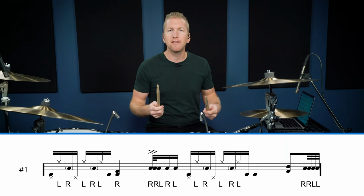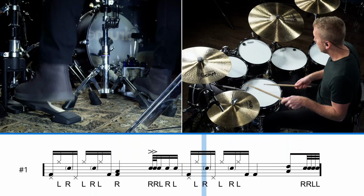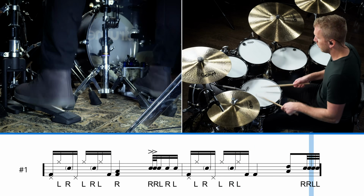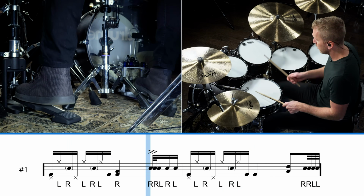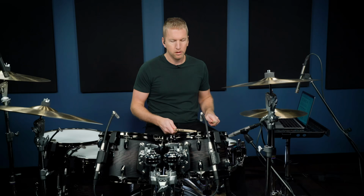He's playing with a nice, soft touch. Right? And so you want to try and get close to that as possible. If you're playing in a cover band and playing at weddings or corporate gigs, you want it to sound as similar to the original recording as possible. So really think about how he's hitting the drums, what toms he's playing, and try and make it sound as